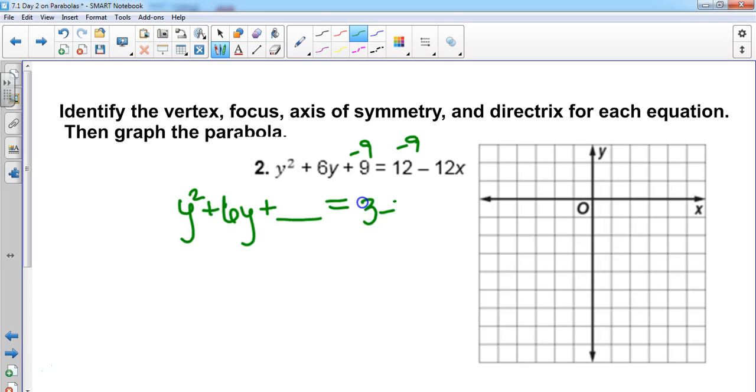I have a 3 and a minus 12x, and I'm going to put a blank on both sides because that's what we always do when we complete the square, right? Did I lose anybody so far? Now, do you remember how completing the square goes? You take half of that,